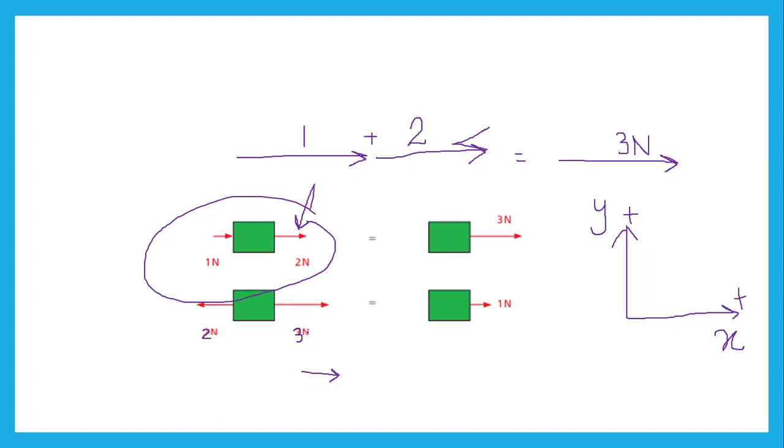Now, in which direction is the 3 Newton arrow? Well, the 3 Newton arrow is in the positive x direction. So I'm just going to write positive 3 Newton. Now, in which direction is the 2 Newton? Well, 2 Newton is in this direction towards the left, which is the negative x direction. So I'm just going to write minus 2 Newton. Well, 3 Newton minus 2 Newton is equal to 1 Newton, and that is going to be the magnitude of our